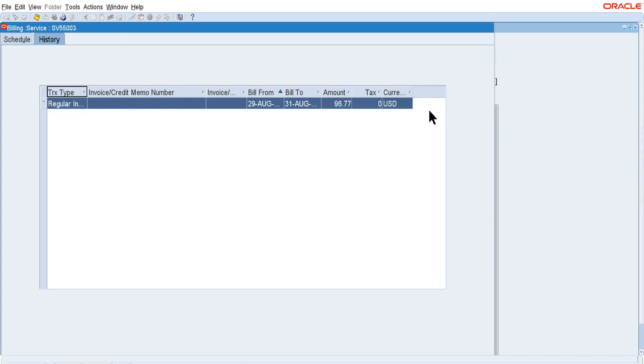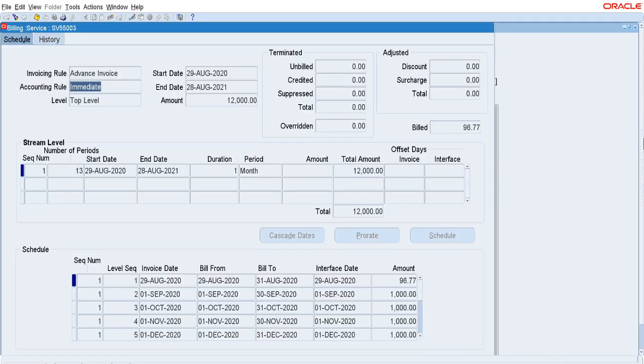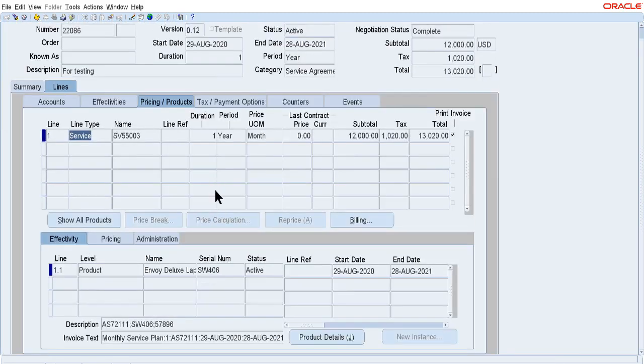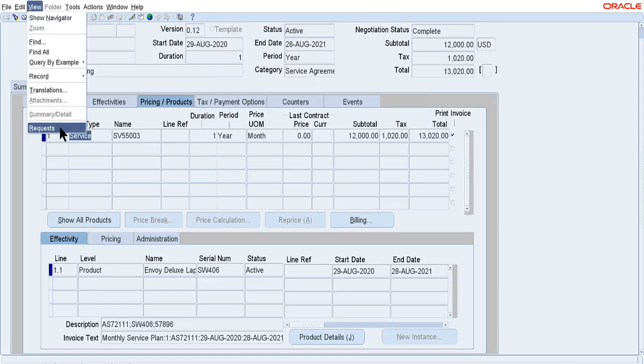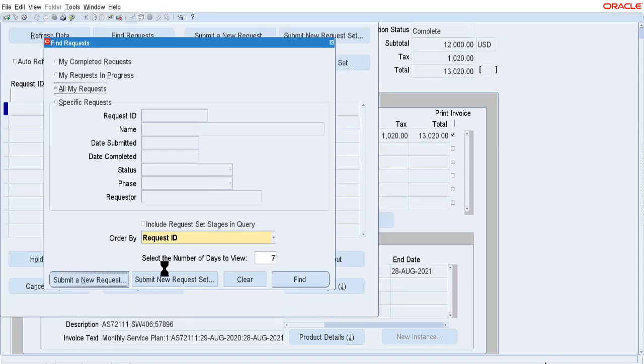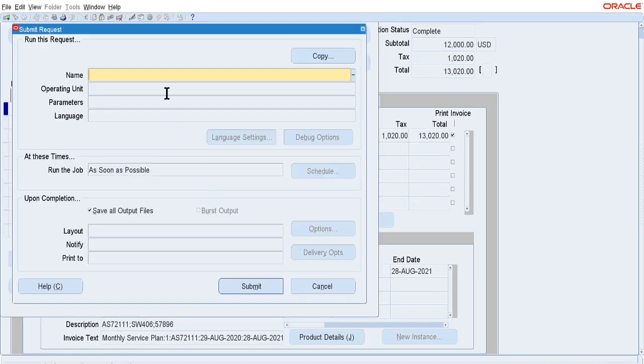It's showing blank because we need to run another program. That program will update the invoice data back to the service contract. Actually, all these programs are scheduled in production if you are working in the actual environment. So let me run this program manually. It will update the invoice information back to the service contract, and we'll see the records. So I am running another program, service contract.